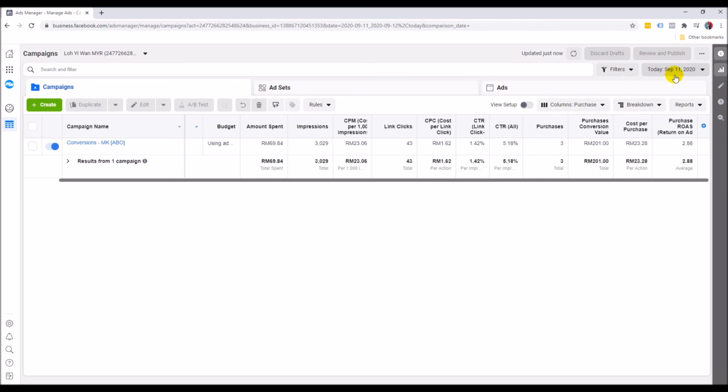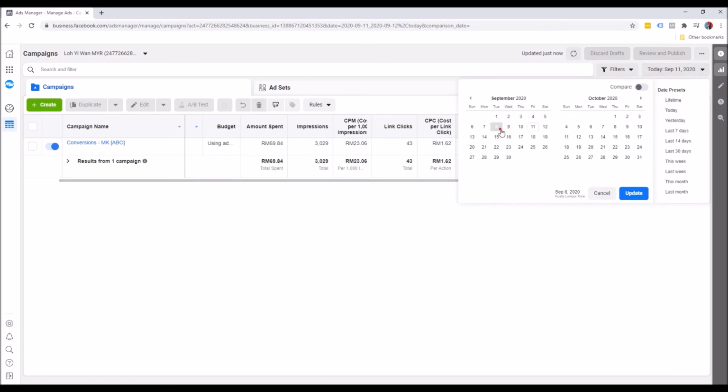So as a rule of thumb, I normally tell people to run their advertisements for at least 3 to 4 days at the very least. That means give it time, run for 3 days on a budget of 5 to 10 USD a day. If you can put in a little bit more, that's up to you, but 5 to 10 USD a day, let it run for 3 to 4 days. There are some people that will run it for a week before making a decision, but right now I'm just going on a bare minimum. And let's just say this has been running for the last 4 days. So I'm just going to put this in the last 4 days,